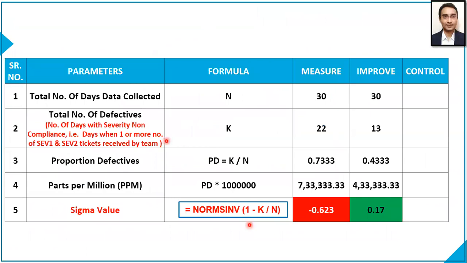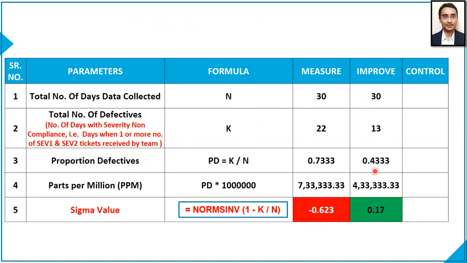Right. So total number of days data collected, 30 days in improved phase as well. Total number of defectives were 13 in improved phase. So number of days with severity non-compliance. That is days when one or more severity 1 and severity 2 tickets were received by team. So how many defective days were there? 13 in improved phase. So proportion defective is nothing but 13 divided by 30, which is